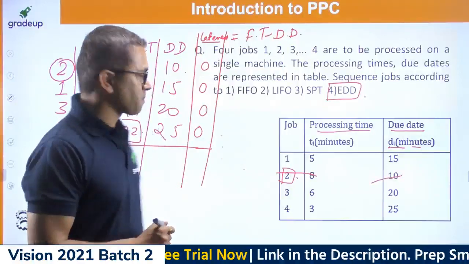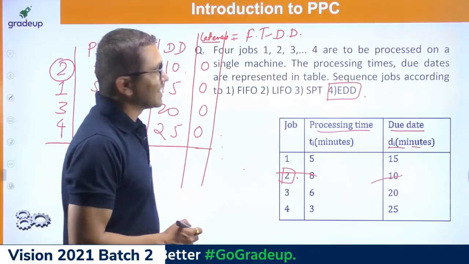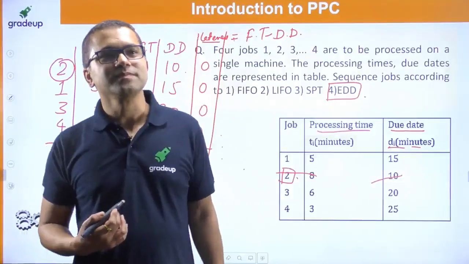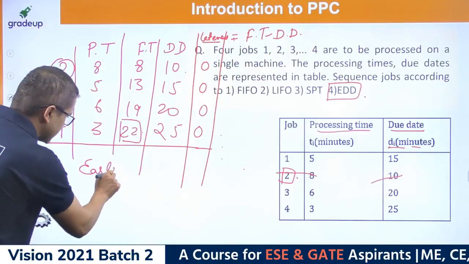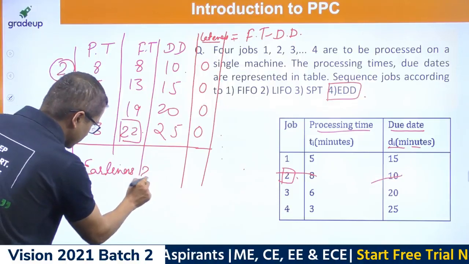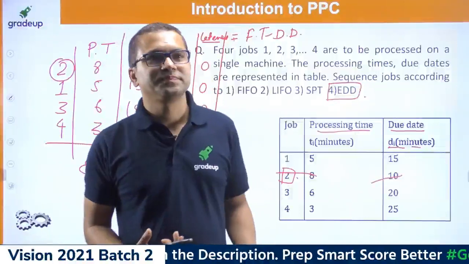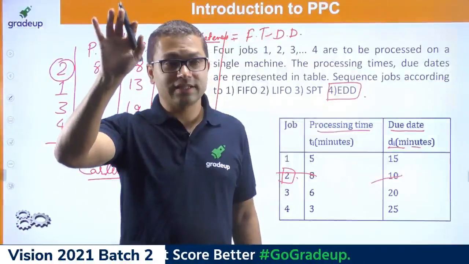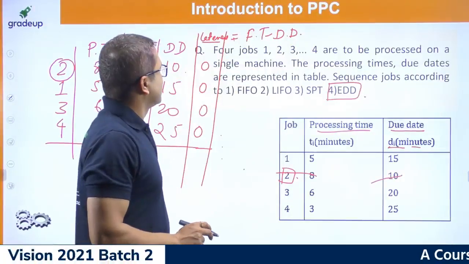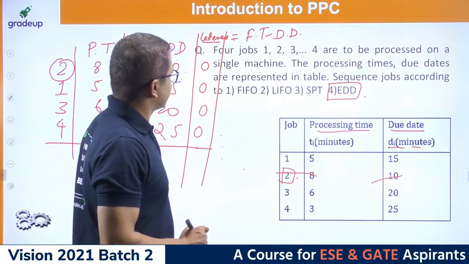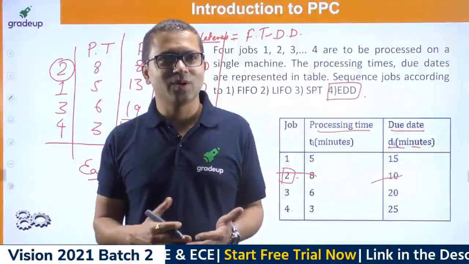Okay, now, can you please tell me what is earliness in this? We talked about lateness last time, so can you please find out what is earliness? Now, how many jobs are early? Just tell this. If 0 jobs are late, it means that nothing is late, right? So how many jobs are early?